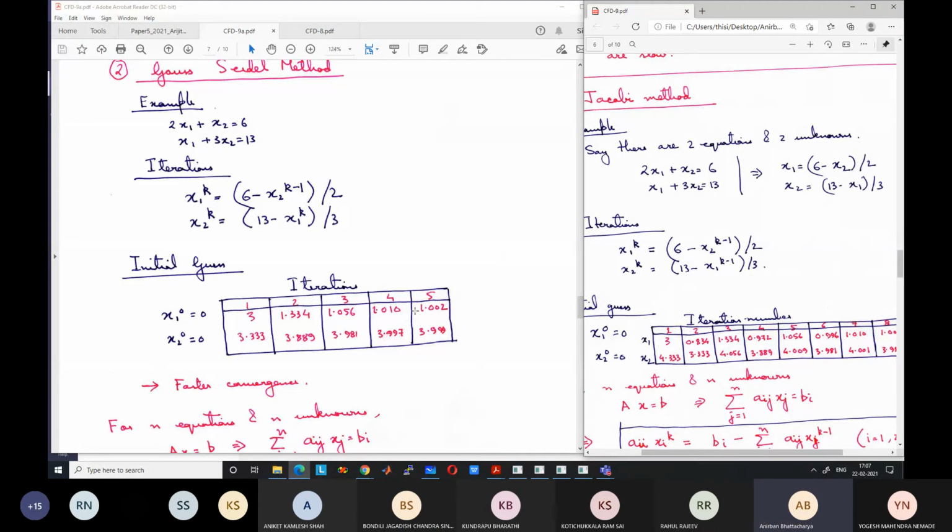After one more iteration, we will get 1.002, 3.999. Okay, so after this, we say that the convergence criteria is satisfied. Our convergence criteria is 10 to the power minus 2. It is getting satisfied here. So after 5 iterations, our convergence criteria is satisfied instead of 8 iterations. So we have converged to near the correct solution very quickly, much quicker than the Jacobi method. It is not very quick, but still quicker than the Jacobi method.